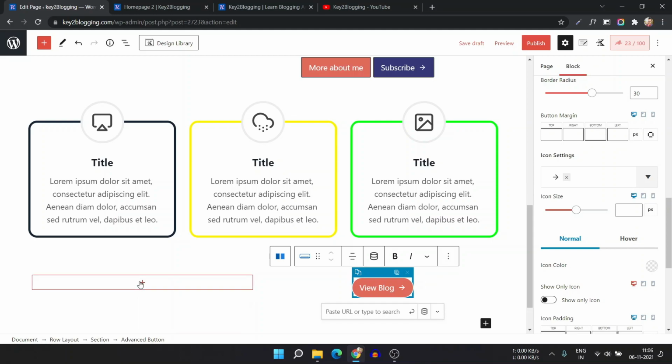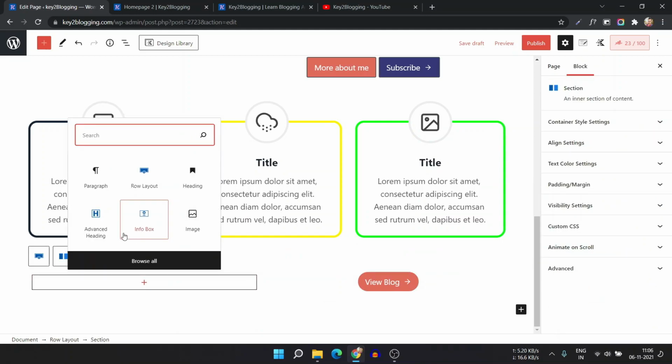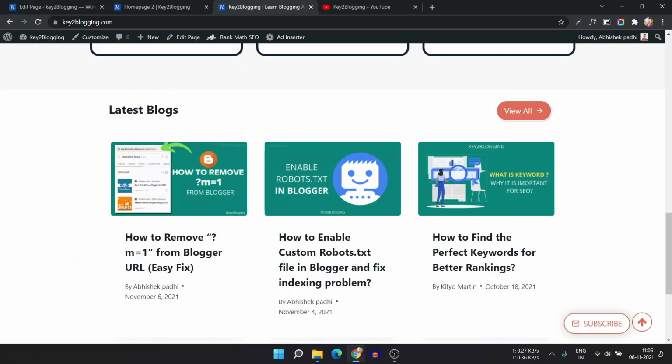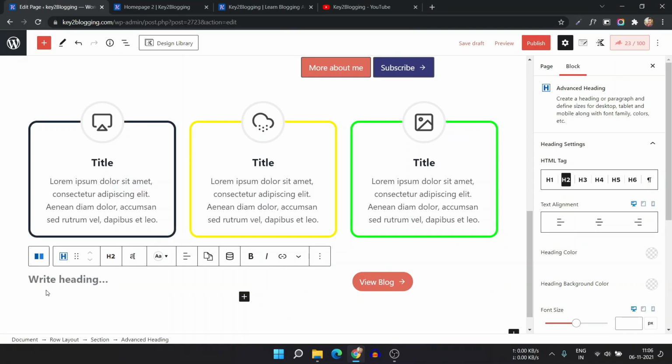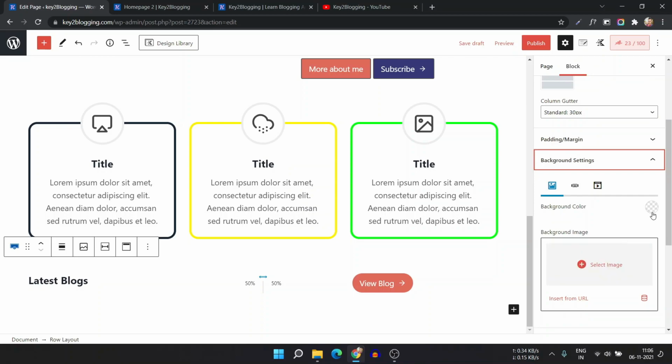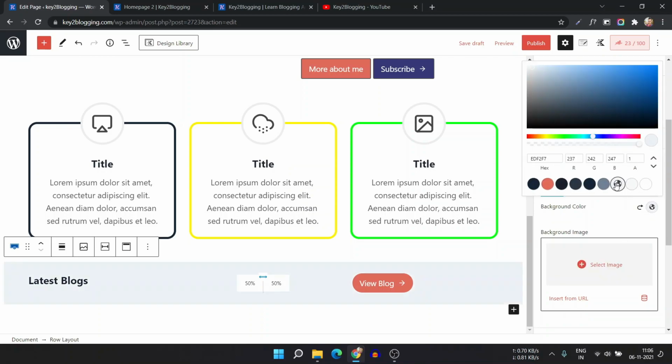Okay, now let's click on this first box and let's add a advanced heading, and let me just add this text. Okay, now click on the whole row layout and let's add a background color. So here I will add a background color like this.